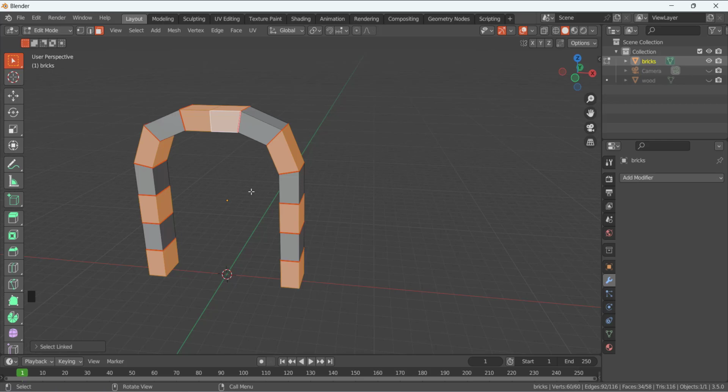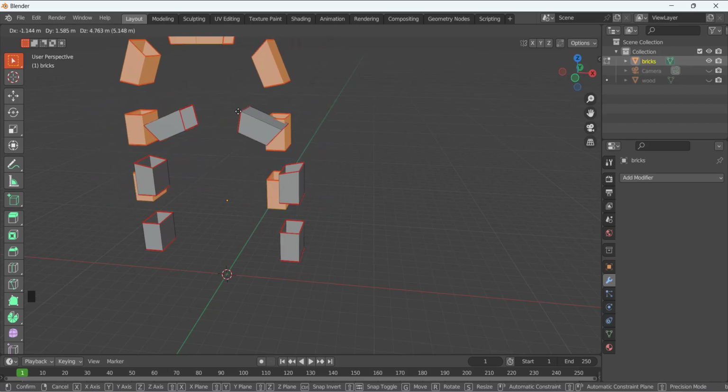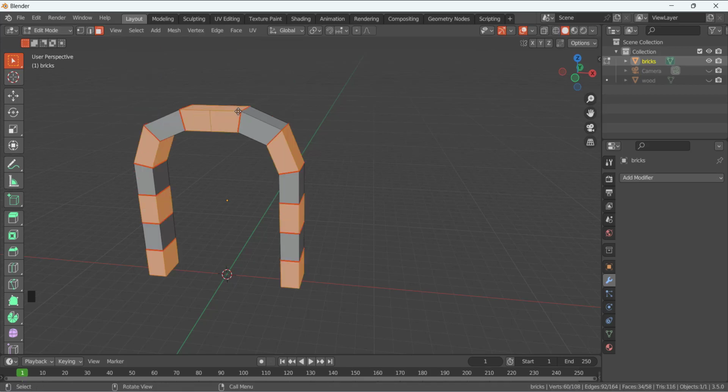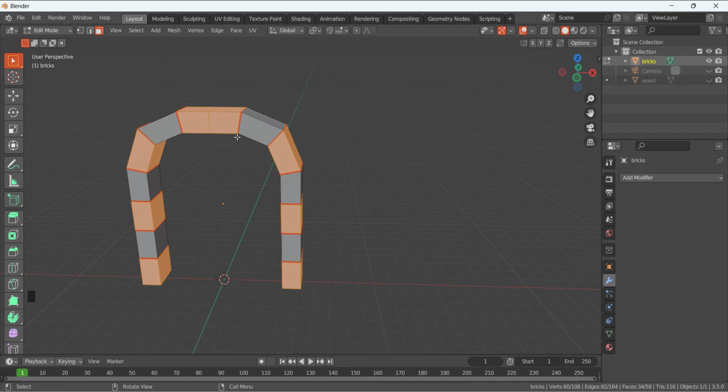So press Y. When you press Y, it is basically a single object, but these things are not connected. If I press G, you can see that the object is a single object, but it's separated. Okay. Now we are making the bricks, and there must be some gap between these bricks. Now I have to select all of these things,